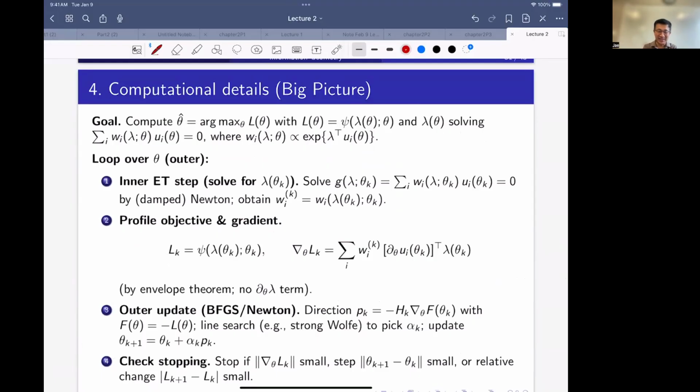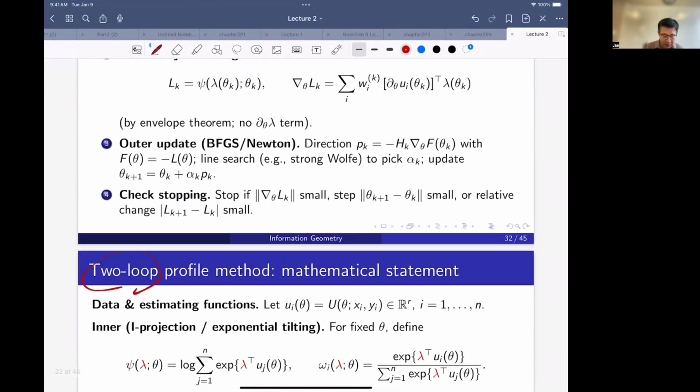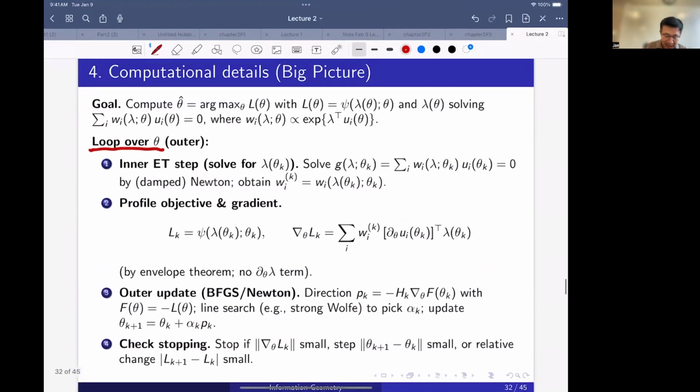So this is, I think, worthy of mentioning because there's actually a nested structure. You know what I mean? Because for given theta, lambda is completely determined. So basically, lambda is a function of theta, and your final objective function is a function of theta only. But there's a lambda, so there's something called a loop. It's called a two loop method. So two loop computation. So there's an inner loop